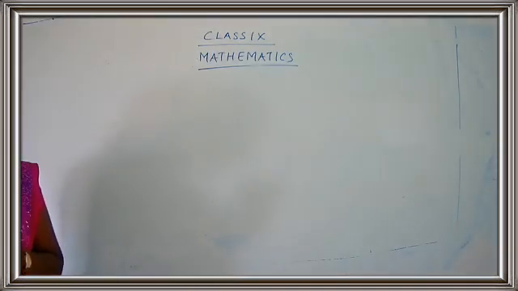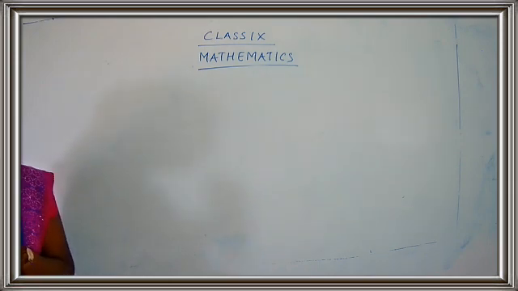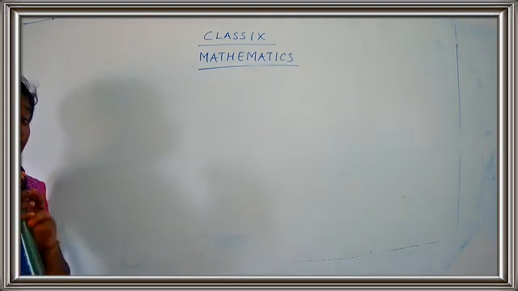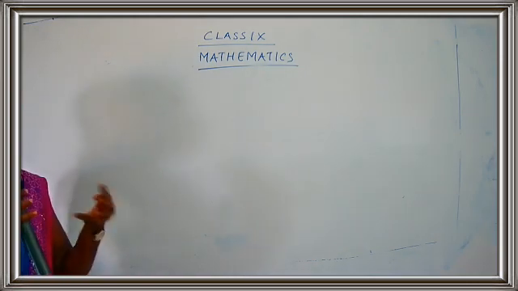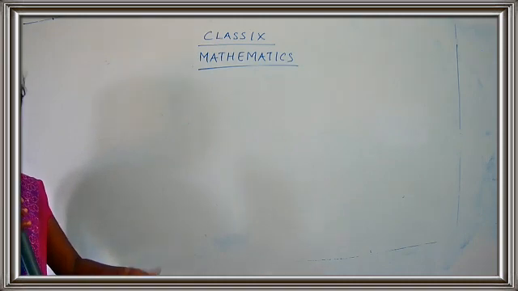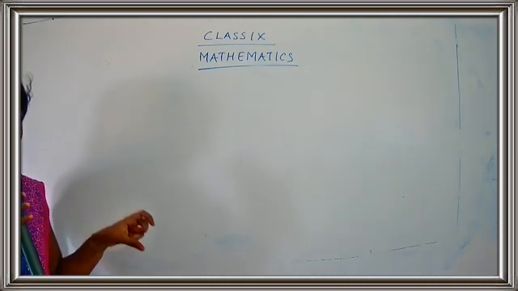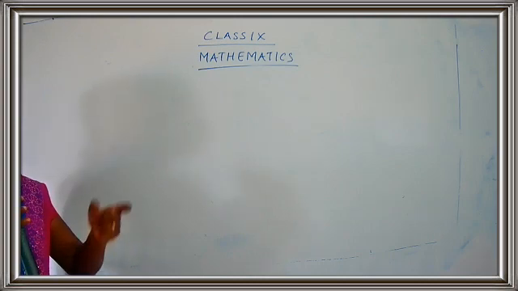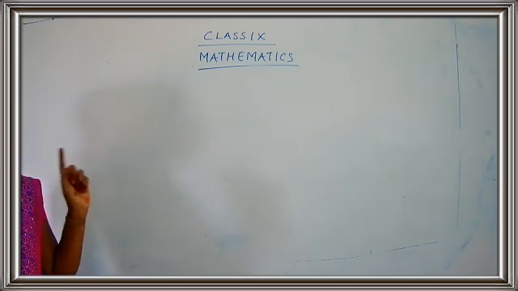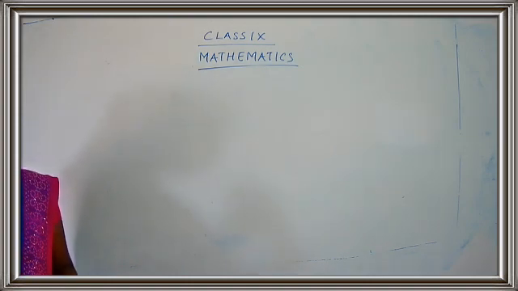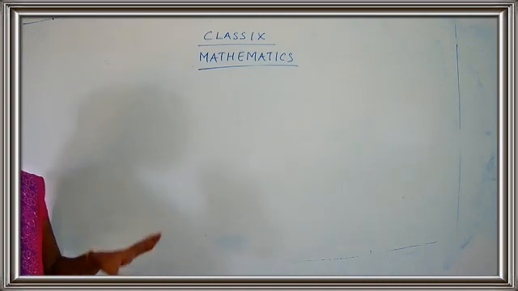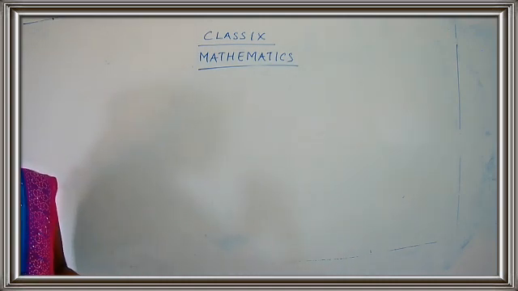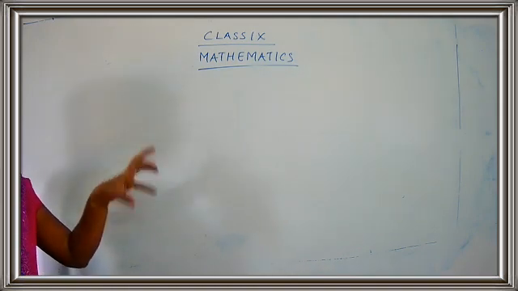Express the rational number 1 upon 33 in recurring decimal form by using the recurring decimal expansion of 1 upon 11. By using. So you have to use 1 upon 11. So the statement itself is clear that you are going to use 1 upon 11. After getting the value of 1 upon 11, you are going to use the answer and you are going to find 1 upon 33. Okay. Hence, write 71 upon 33 in recurring decimal form. After getting the answer, you are going to find out 71 upon 33 from the answers that we have got.